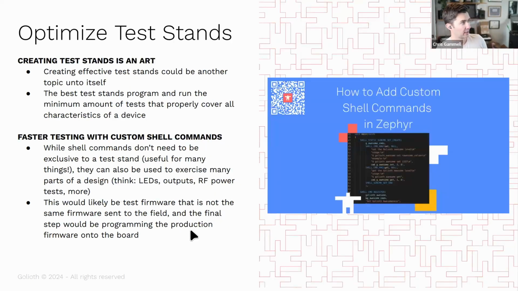And then finally, optimizing your test stands as well. So this is, as you are building out, if you're building 1,000 devices or more at your CM, right? You probably want to be optimizing that process as well. And I mentioned already that design for manufacturing or being a test engineer, these are entire fields that are past the development phase, when you're into the production phase, that this talk will not do justice to. But you want to make sure first off that you're covering all of the tests that you